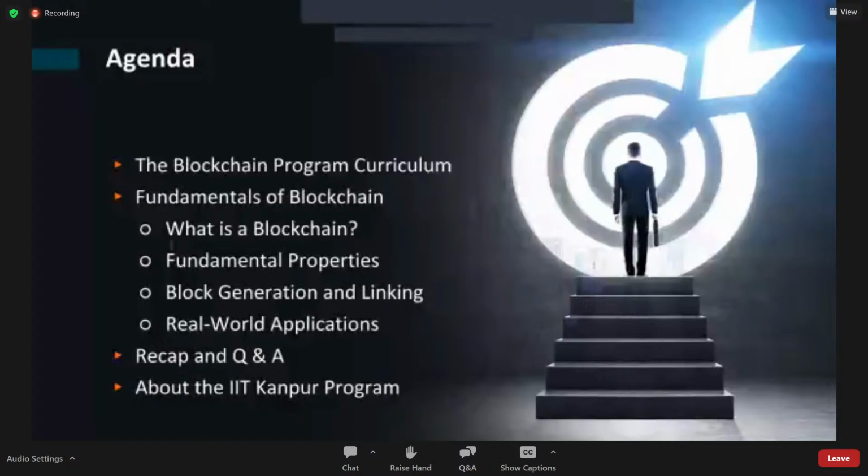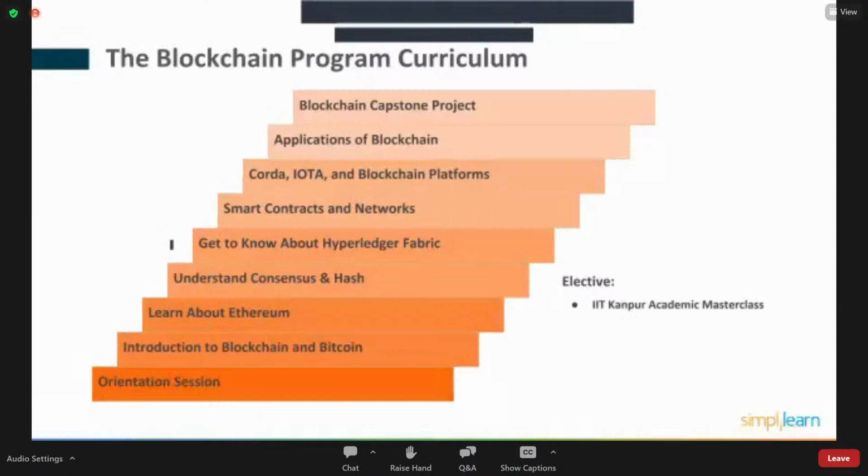Prashant, you can help me as we go through this program curriculum. We start with the orientation session, which helps learners understand the online platform that they'll be learning on, where to find their curriculum and classes, how to register for the live virtual classes, where to do their projects and so forth. Once they finish that orientation session, they move into that first introduction module. So that is the orientation to the technology and its applications. Is that correct?